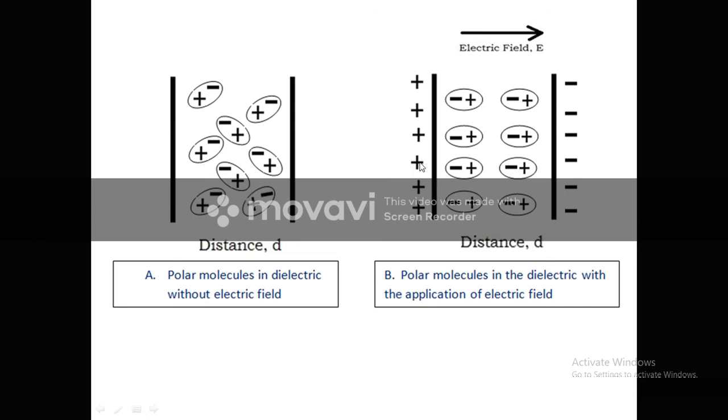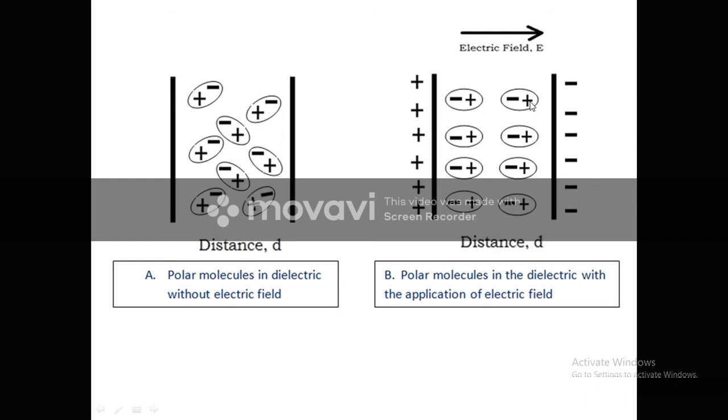When the electric field is applied, they rotate. Some of them may rotate by 30 degrees, some by 60 degrees, some by 90 degrees. It depends upon their original position. So for example, this is rotated by how much degree? Greater than 90 degrees. Okay, so this is the aligned form of the charges. So the positive charge will attract the negative pole, and the negative will attract the positive pole.